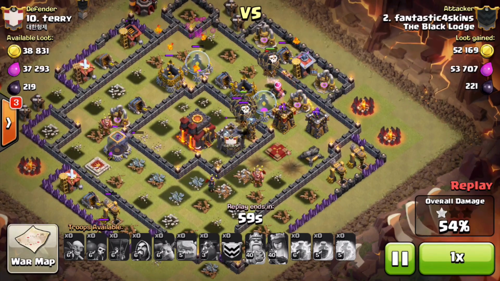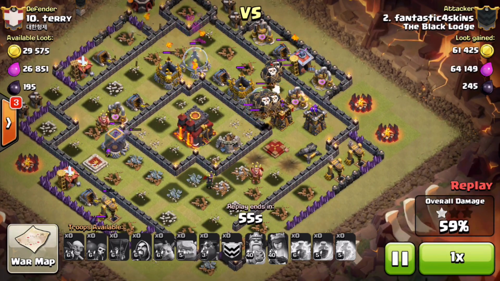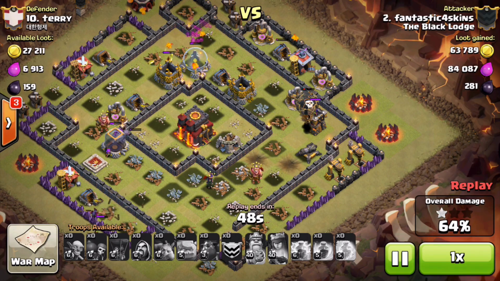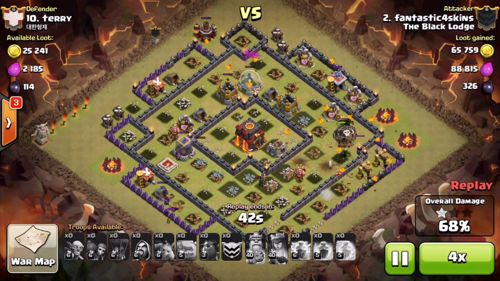The Hound's now taking the last 2 Archer Towers. The Tesla goes down. It's just these 2 Archer Towers. I don't think they quite kill the Hound. I don't quite remember. Yeah, I know they don't. So with the Hound still living, sometimes the cleanup can get a little...